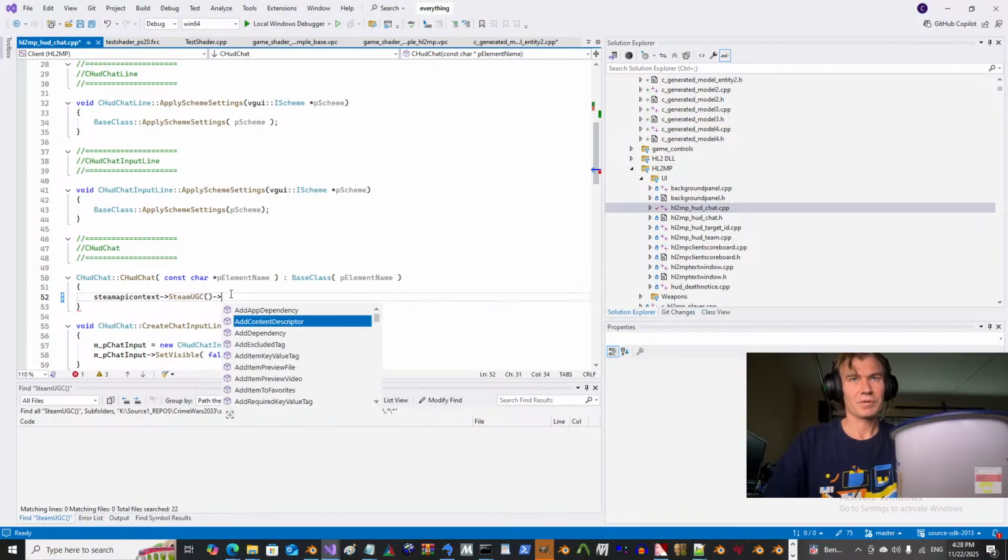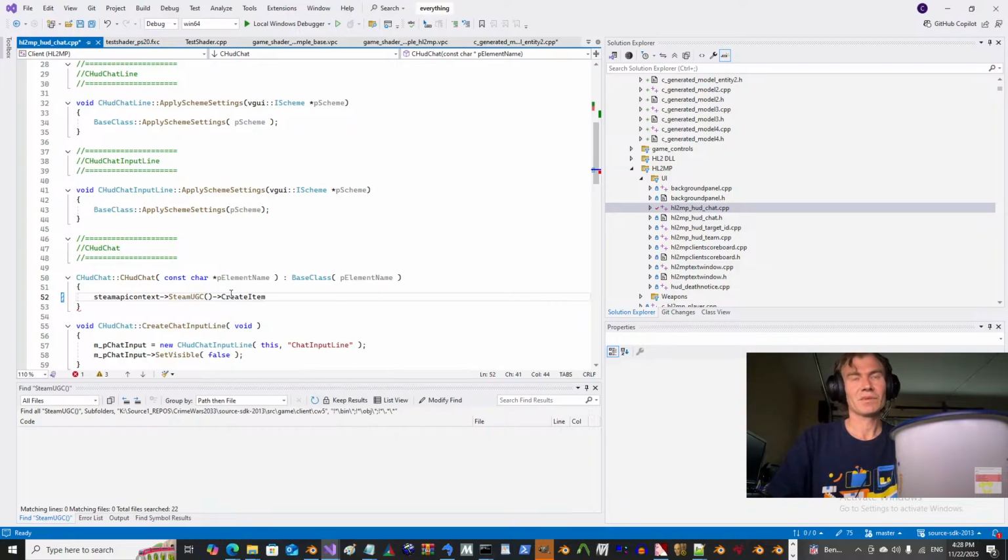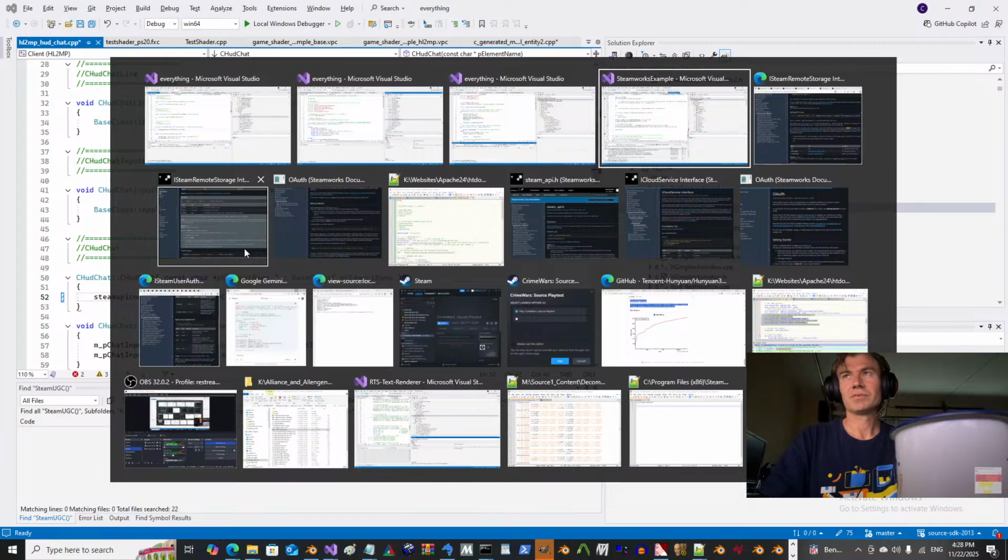Yeah. Add app dependency, add item video preview. That's pretty cool. Add item preview file. That's cool too. That's the icon. Create item. So you would call this. Create a new file. That's your app ID, and then the workshop type file. And I believe,